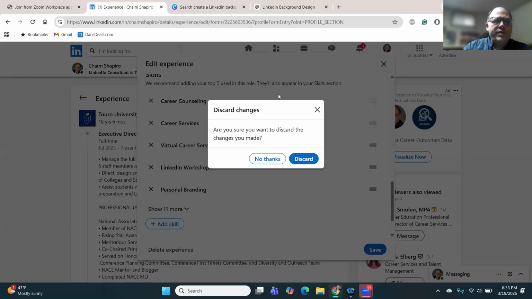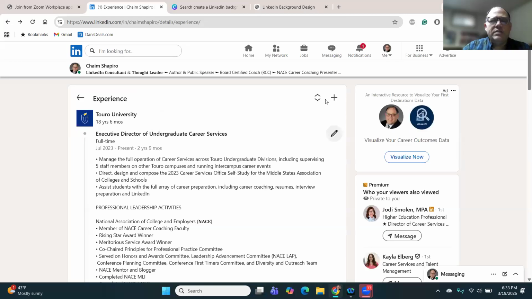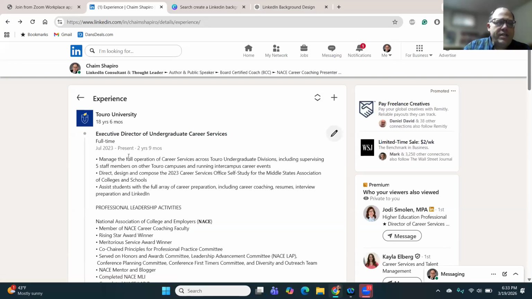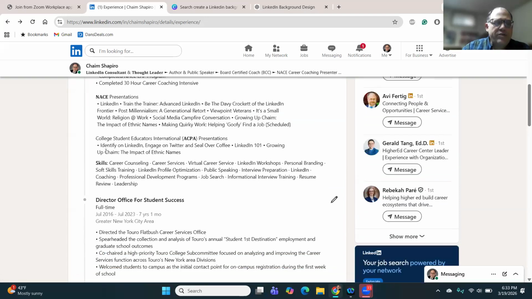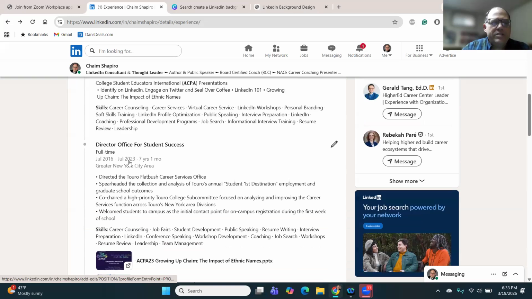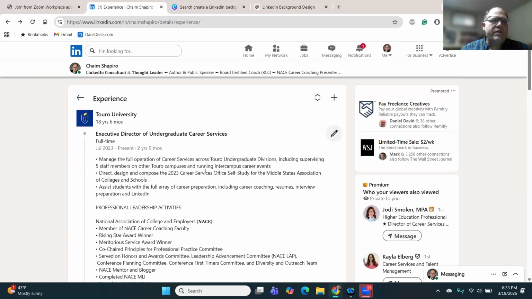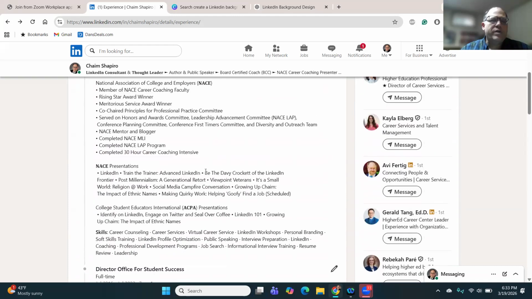And just to close the loop here, one of the other things you can do is to show that continuity. You see, I started this position, the new position, July 2023. And to make sure this continuity line, this ended July 2023. It could be 1 month off, but if it goes more than that, it actually will probably separate it into two separate jobs and it won't show the continuity going straight up and down on your work experience.